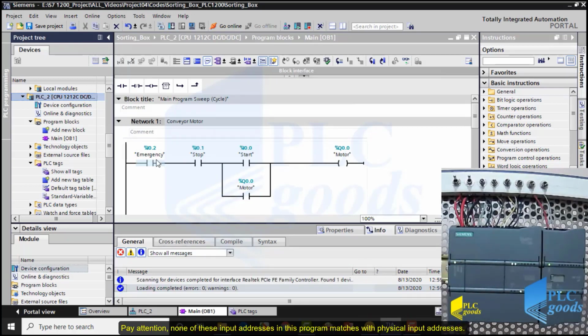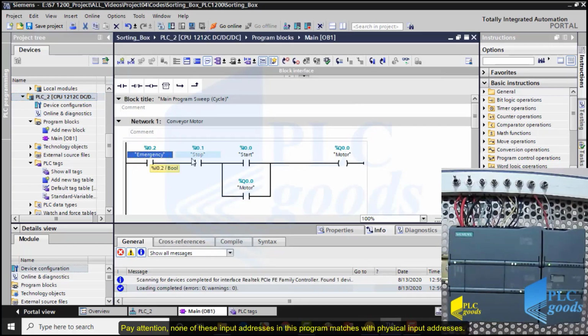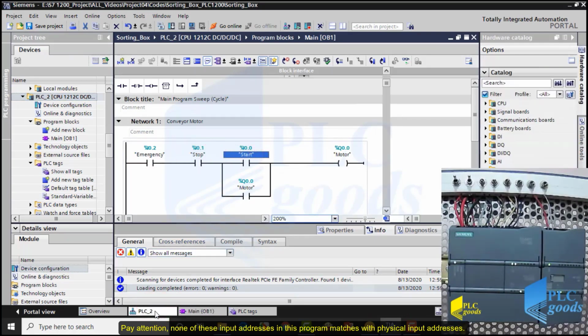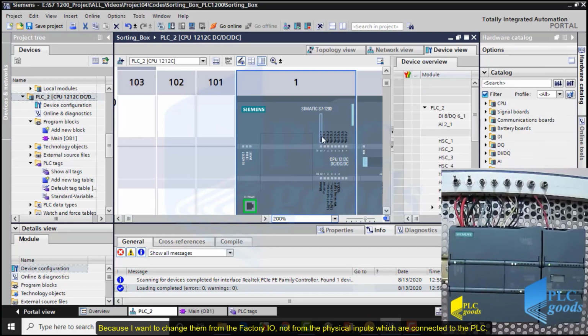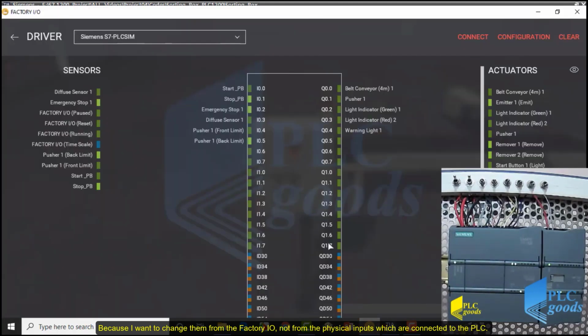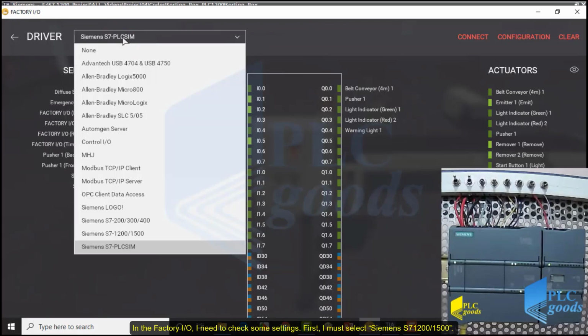Pay attention. None of these input addresses in this program matches with physical input addresses because I want to change them from the Factory IO, not from the physical inputs which are connected to the PLC. In the Factory IO, I need to check some settings. First, I must select Siemens